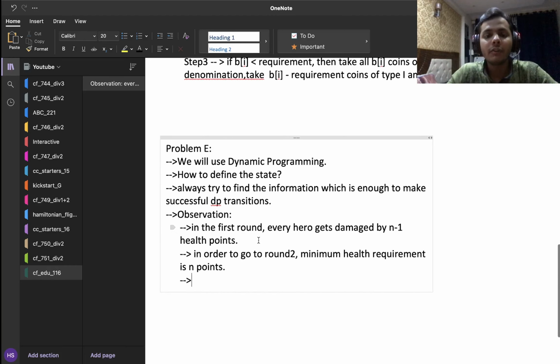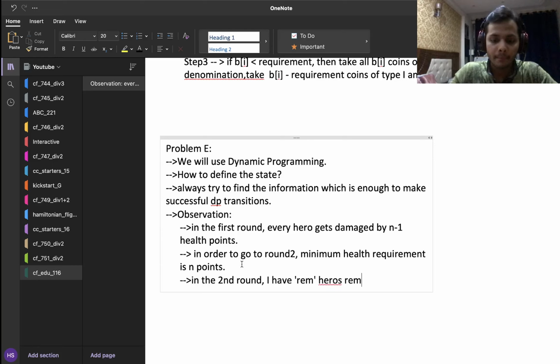But of course in the first round we knew that there were n people, so let's assume that after the first round is over, some people died, and after removing all those dead people, I have rem amount of people remaining. So let's say in the second round I have rem heroes remaining, right?